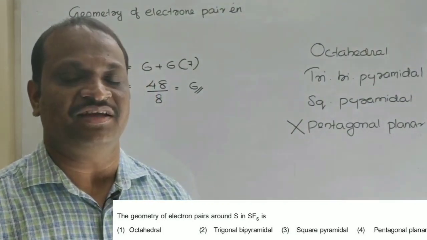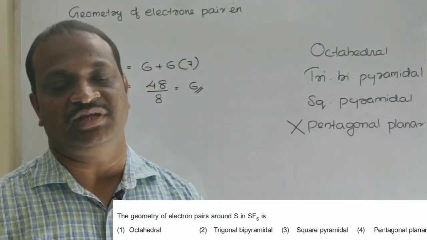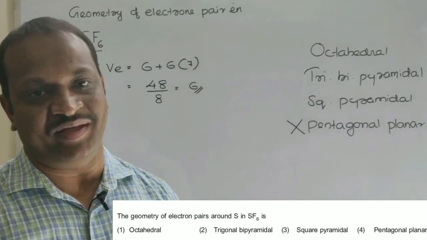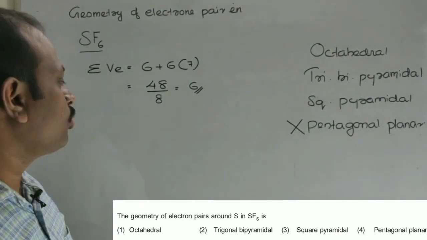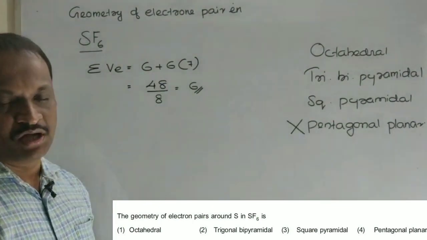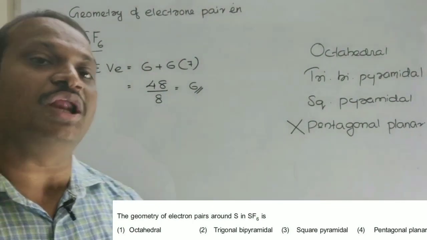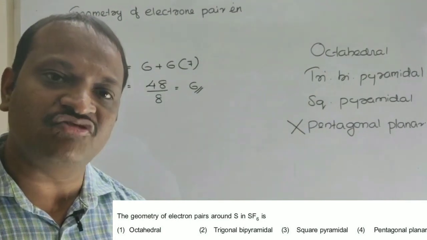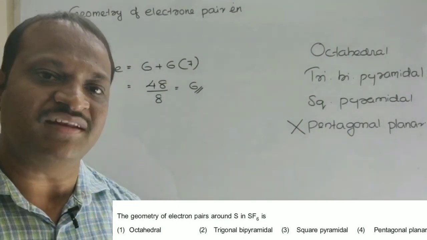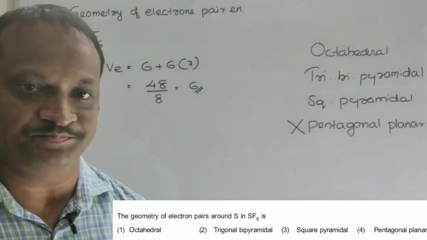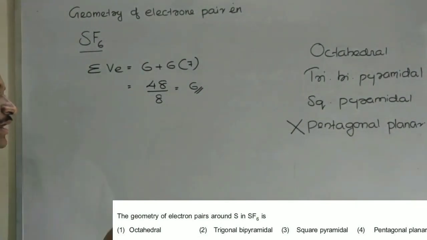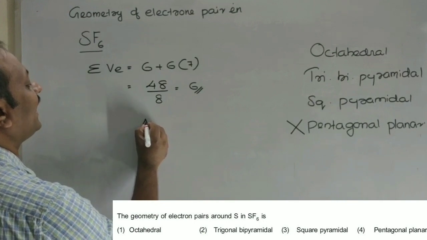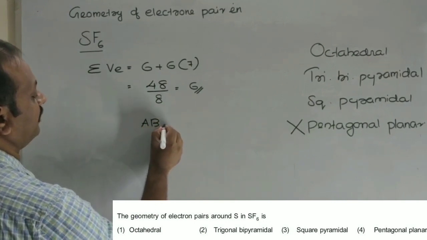Actually, in this case, it is not only the steric number, it is the number of electron pairs. There is no lone pair. We have got no remainder there. If we get some remainder, then only a lone pair will be there. But in this case, we don't have any remainder, which means we have 6 bond pairs. So 6 bond pairs means, according to VSEPR, it's an example for AB6 geometry.